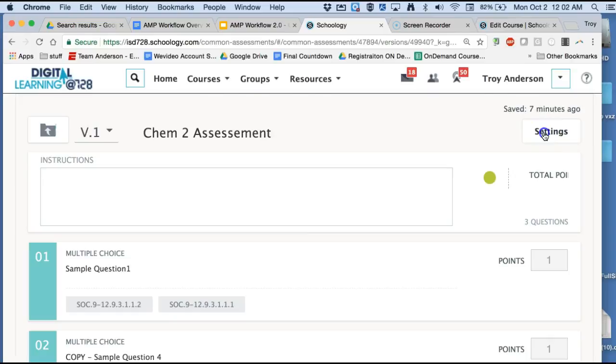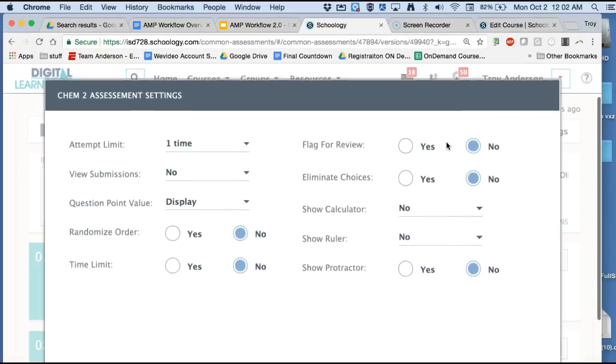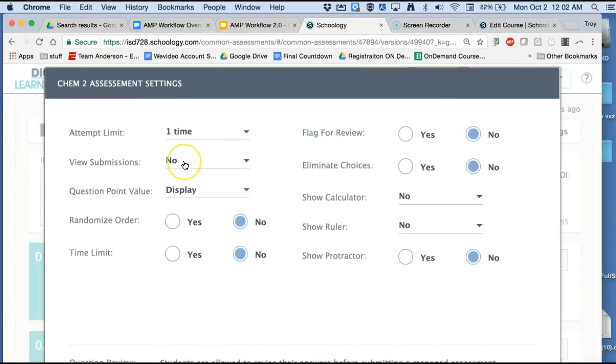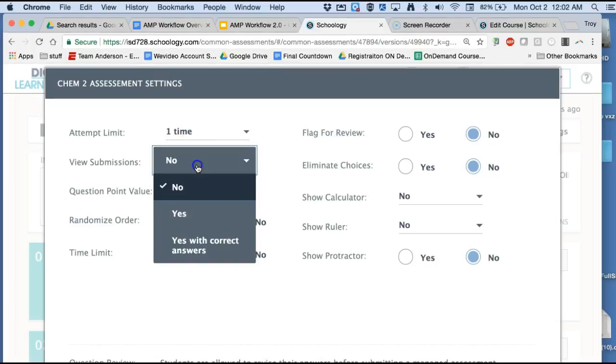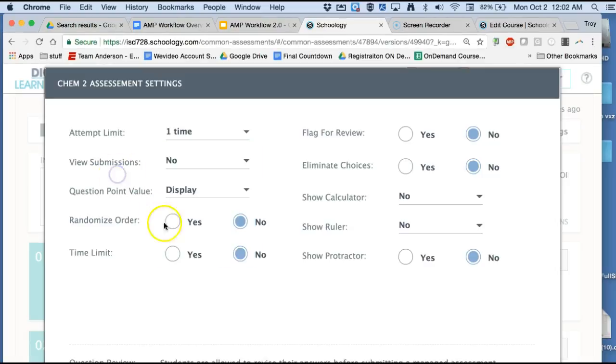The next part to come is the settings section. And these are some settings that you can change in the assessment that you want to make sure you discuss with your team before you attempt to distribute it. How many attempt limits do you want to give? Do you want students to see the submissions? Do you want them to receive the submissions with correct answers? You can randomize, apply time limits, and some other options that are very useful in terms of do you want